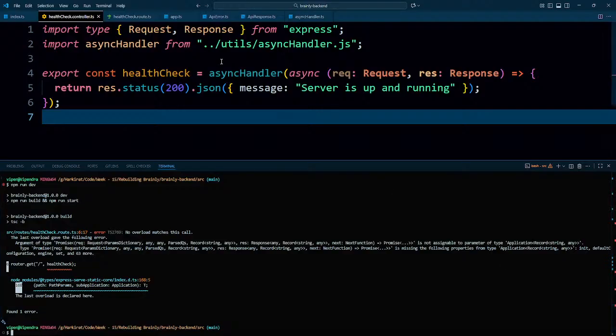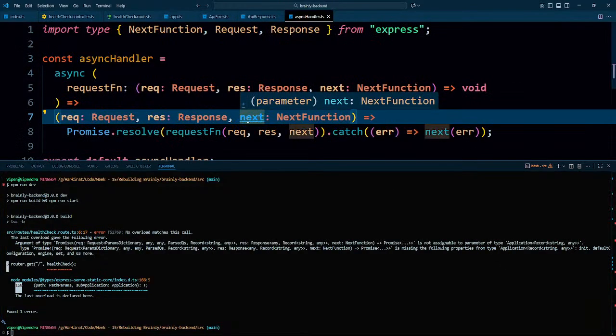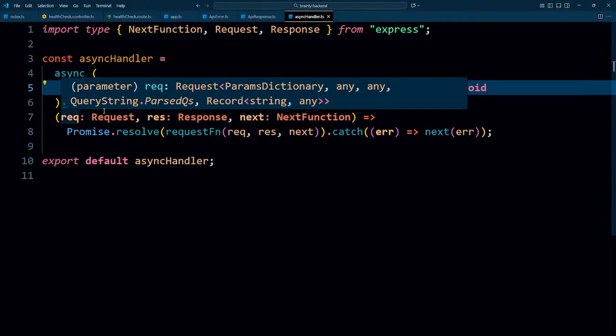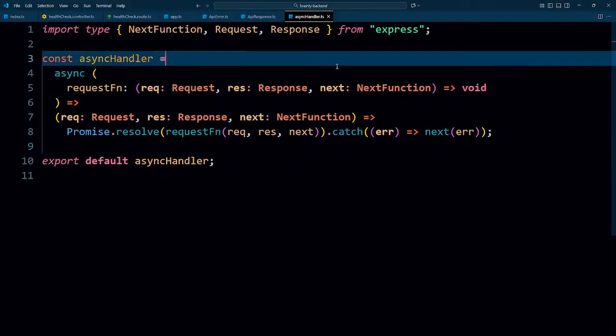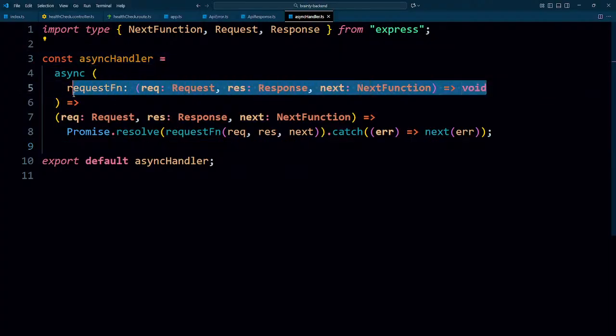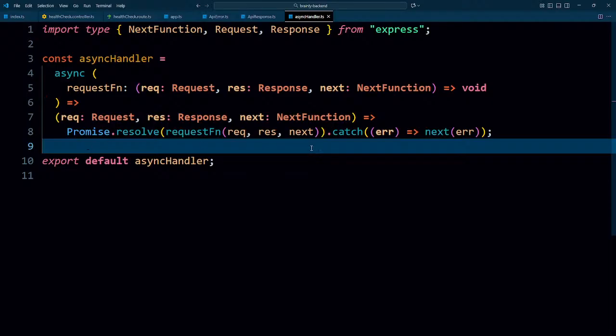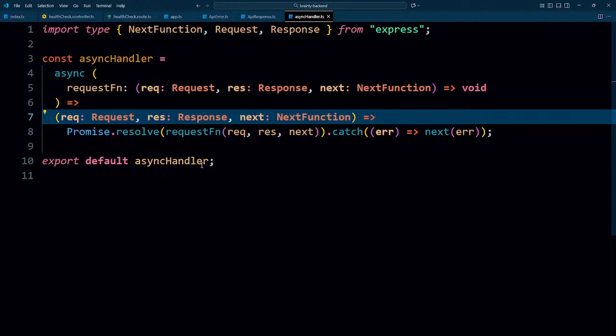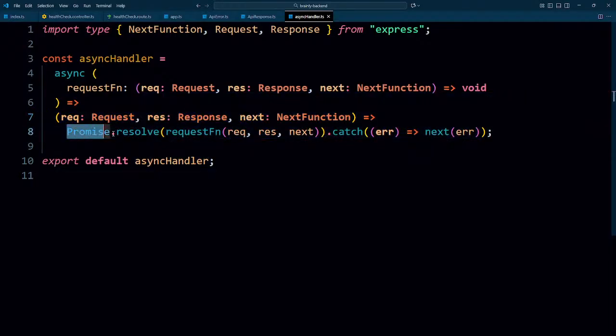Well, async handler has a problem in itself. First of all, as for the type of it, the function that we get, that would actually be getting this much, so it's all right. The thing that we are resolving in here, this could be the problematic thing. We are returning it from here, that's okay. Promise resolve, we are resolving it.